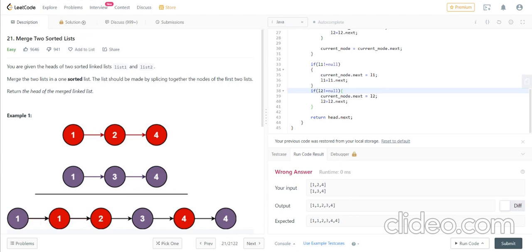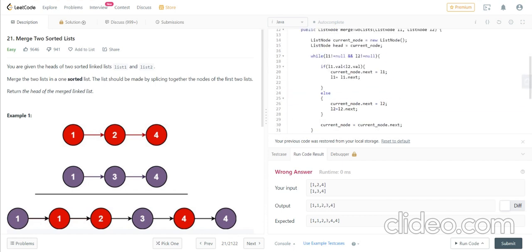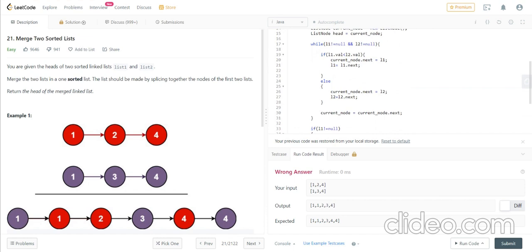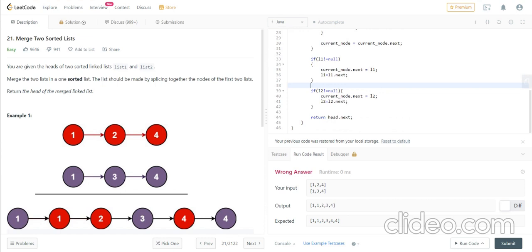So we are putting the L2 elements in the current node, and we are not concerned about the L1 linked list now. So we are just ignoring the comparison condition, as we were doing before, whether L1 is less than L2 or L2 is less than L1. And we are returning head.next. What it means,